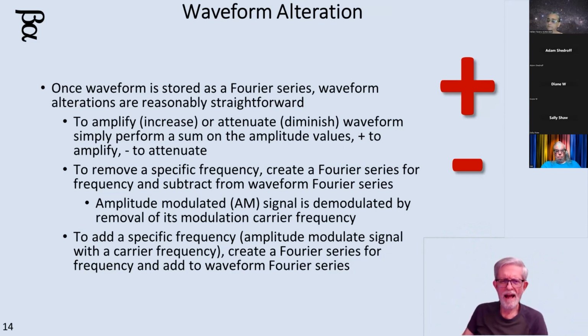So when you think about, hey, the audio wasn't good enough in my video, I'm going to select this section of the video and I'm going to amplify via the computer the audio signal. Well, all it does is it creates a fast Fourier transform of the waveform, and then it adds a value to it, which boosts the waveform and amplifies the signal. And it's done like that. So if we want to reduce the amplitude, we can subtract. If we want to amplify it, we can add. If we want to